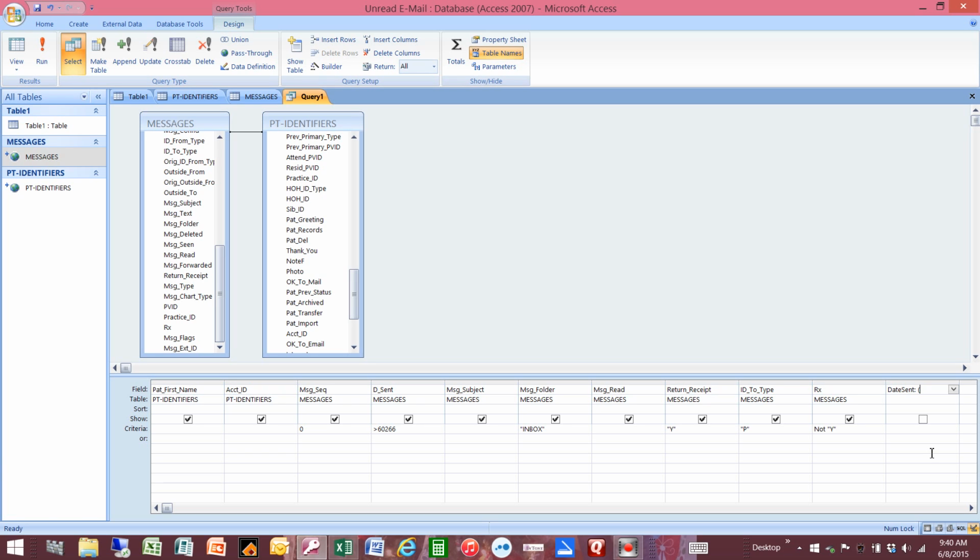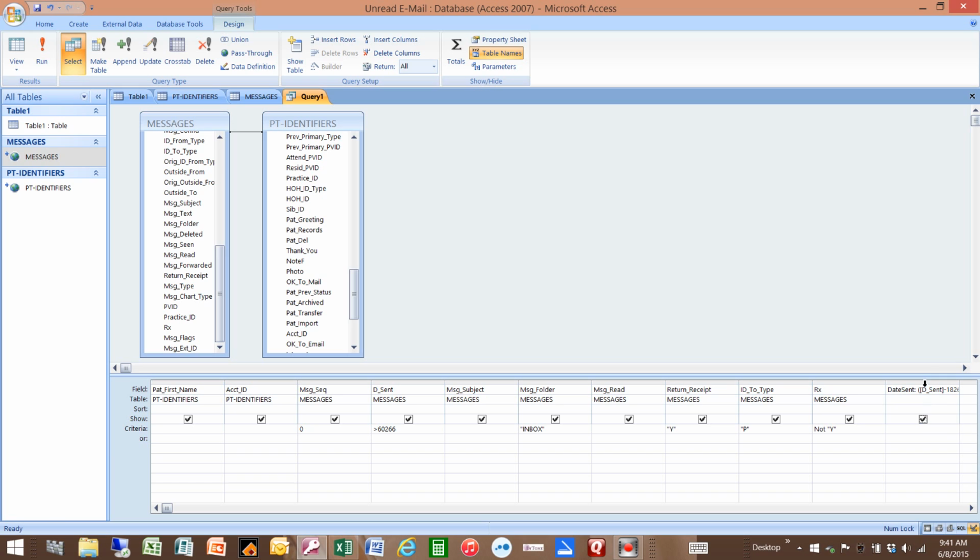And then we're going to use the date sent field. So we'll name that field D_sent, close bracket, and then the magic number from Practice Partner is 18261. You subtract 18261 from the number in Practice Partner, and what you will end up with is a number that can be converted to a date using